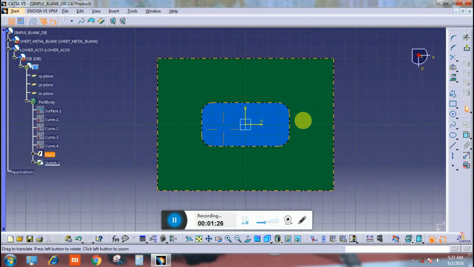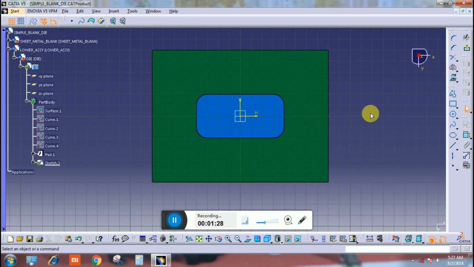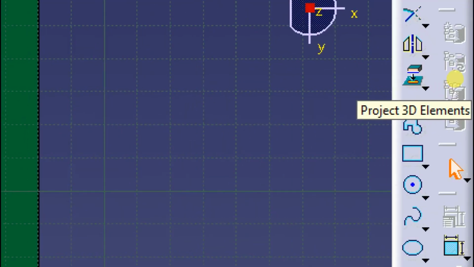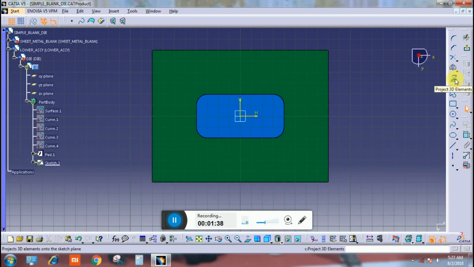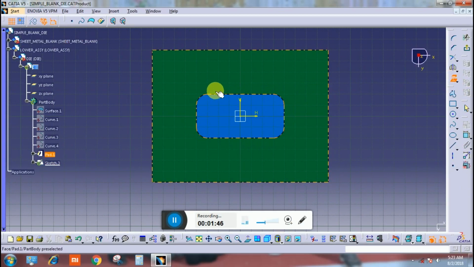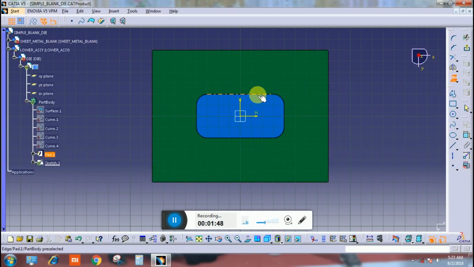Now take this command, click on this command, project 3D element, and select this outline, this blank profile.